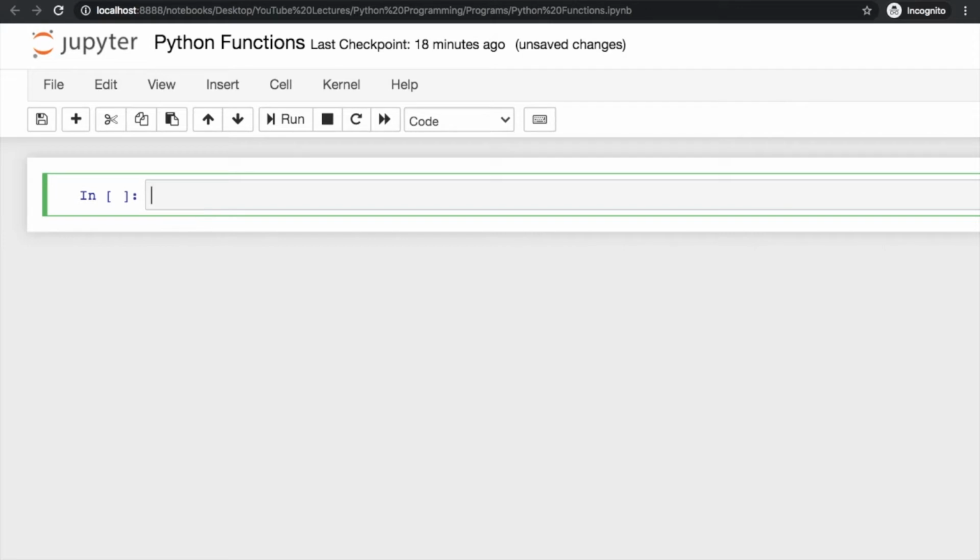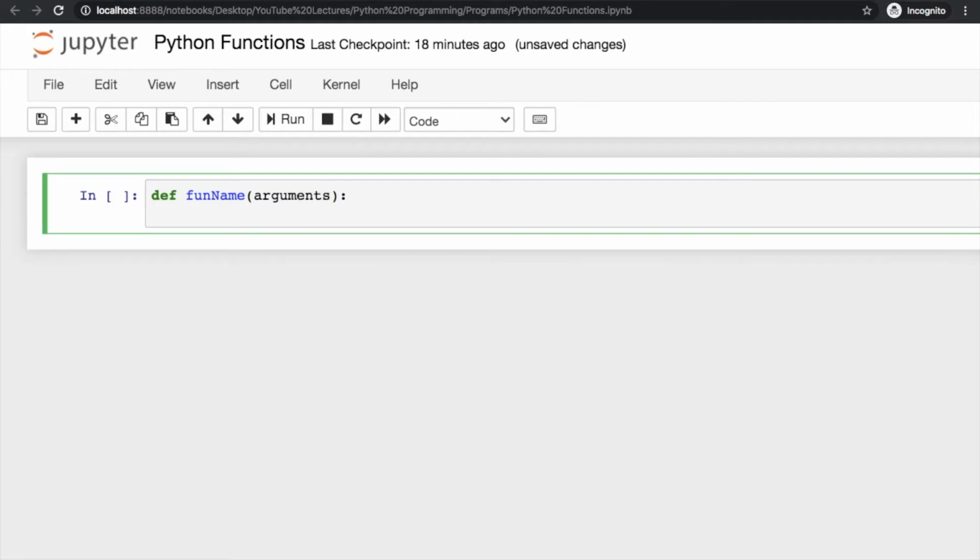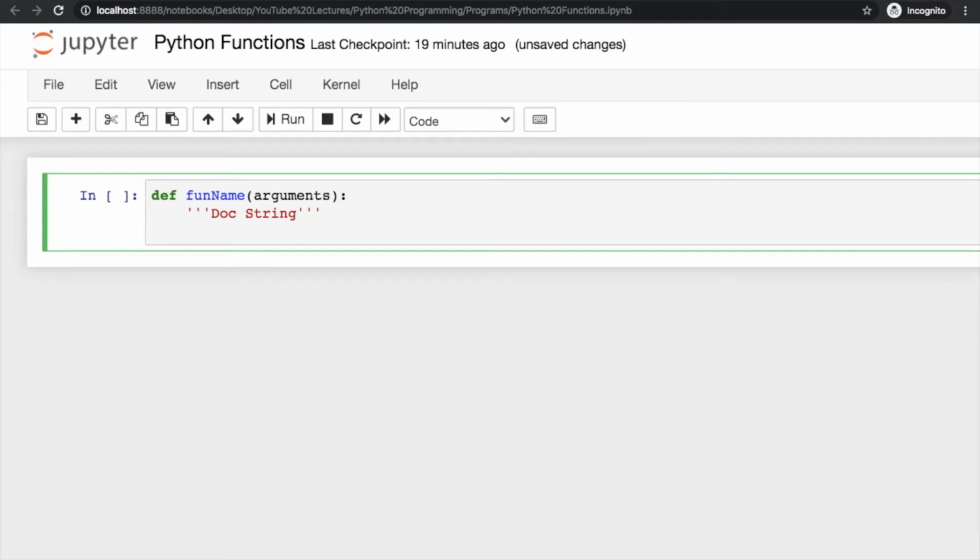So now let's start with the syntax of the function. In Python you have to write def, which is a keyword, then the function name, and then some optional arguments. After that you write a colon, give 4 spaces in the next line, and write everything below this. Clear? Here you can also give a docstring, also called a documentation string. It is also optional and is used to describe the working of the function. After this string you can write multiple statements.